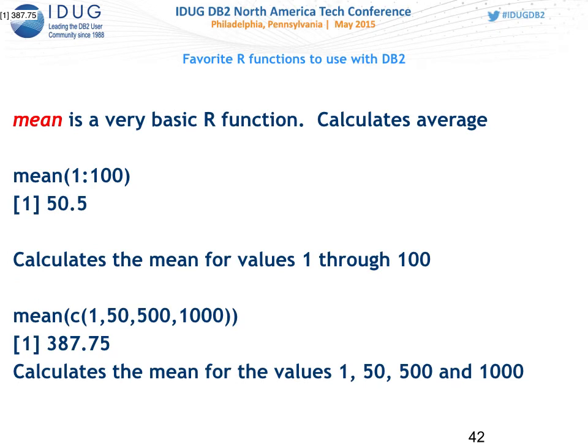Here's a very basic one, mean, that's just an average. And this is the real simple way to calculate it. I'm going to go through these pretty quick because they're not that exciting. To calculate the mean of the values 1 through 100, you simply use mean 1:100, and boom, you'll get your answer. You can also pass in a vector, just like I did there,